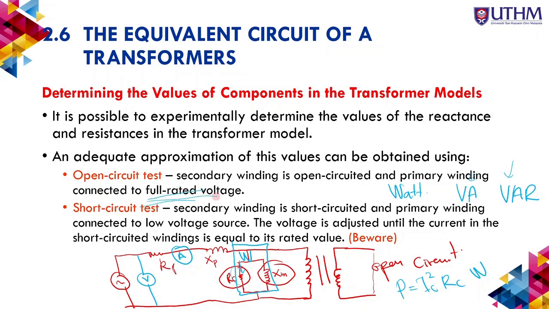So if it requires 240 volts, we supply 240 volts. For short circuit we cannot use the full rated voltage, it would blow up because it is shorted. So we use a very low voltage, and we need to adjust the voltage,